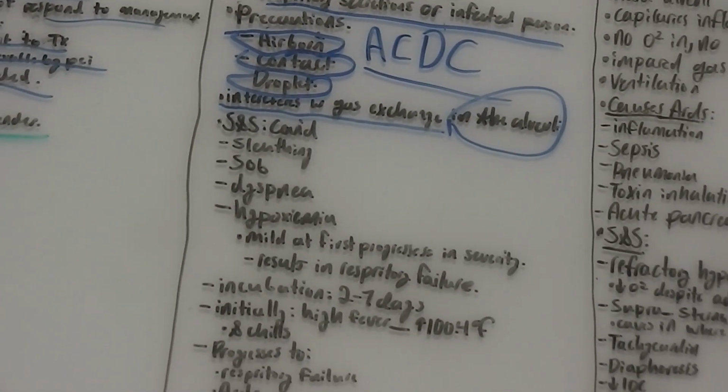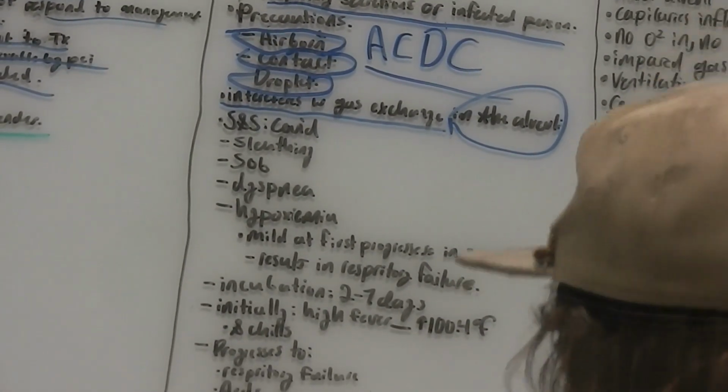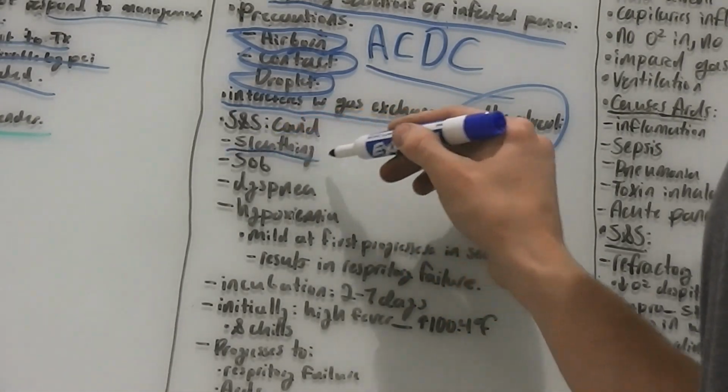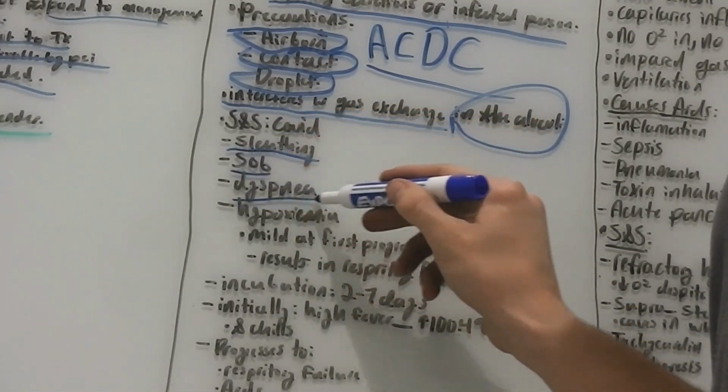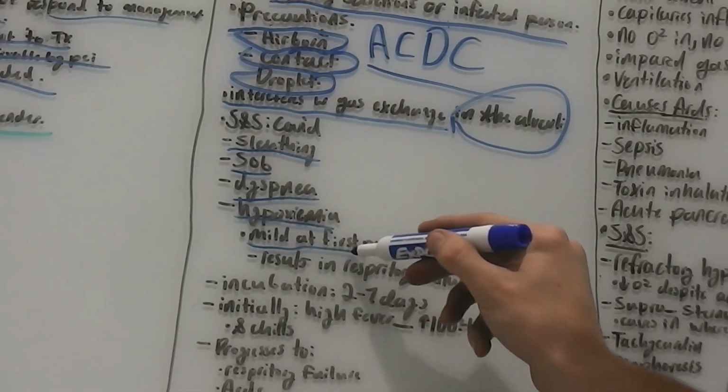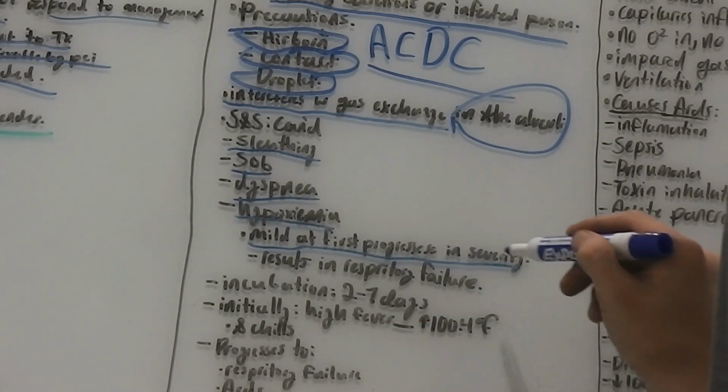So let's go into the signs and symptoms of COVID. We got sleuthing. I don't even know what that means. So check that out. Shortness of breath, dyspnea, hypoxemia, and it is mild at first but progresses in severity, and it